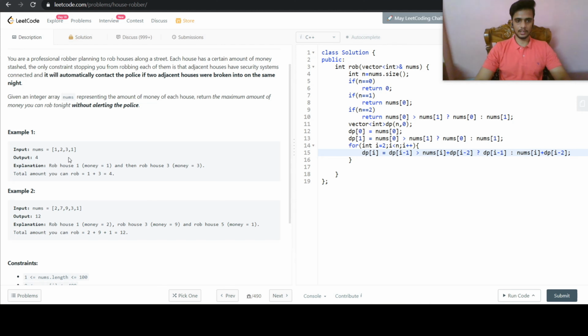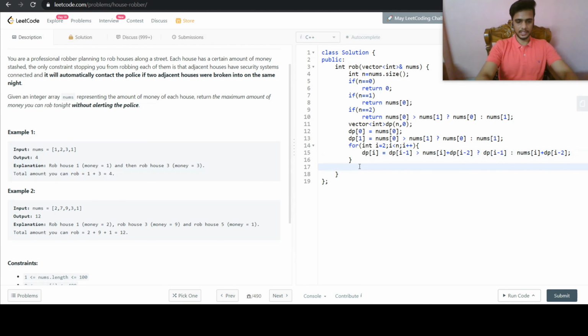For the next one, we need to decide whether this plus the dp value two indexes before, that is 2 plus 1, is 3, is greater than dp of i minus 1, that was 4? It is not. So instead of 3 we choose 4, and dp of n minus 1 will store 4.